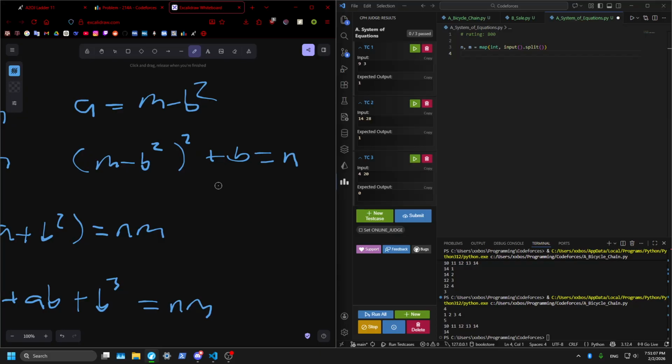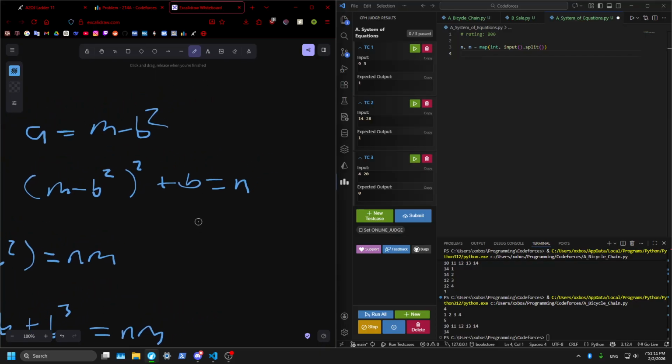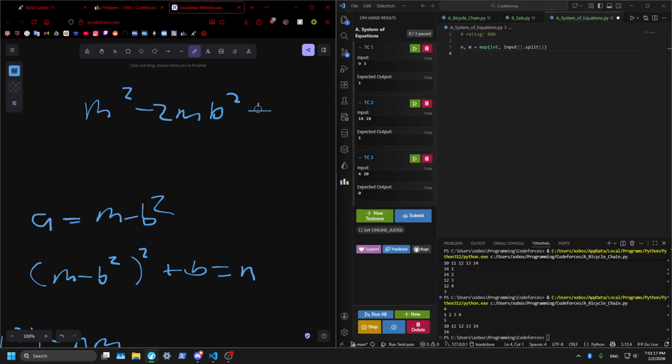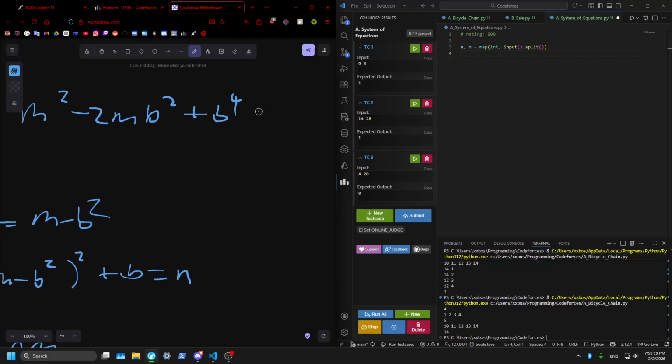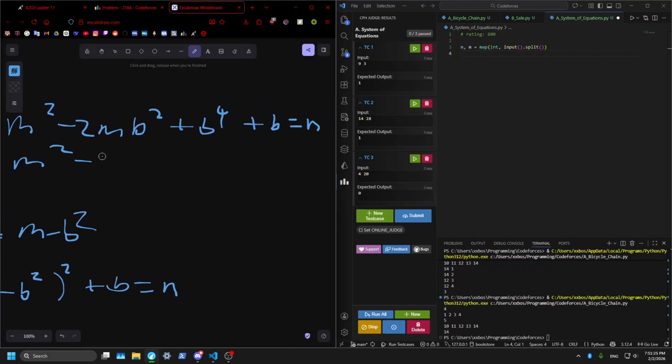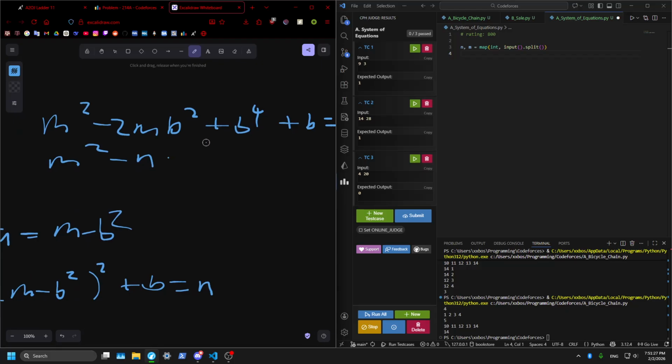Which is, we want to get b alone, so this is m squared minus 2mb squared plus b to the fourth plus b equals n, and then m squared minus n. Okay,